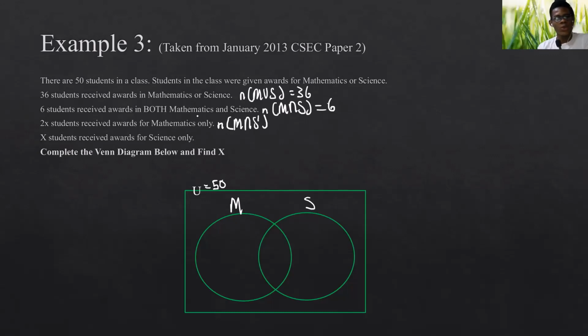Once you're going for these onlys, it's always M, the set, intersect another set, the other set, with the complement sign on that other set. It's always that. That's how you do the onlys. So the number of elements in math only is 2X. And X students received awards for science. So for science, we got,